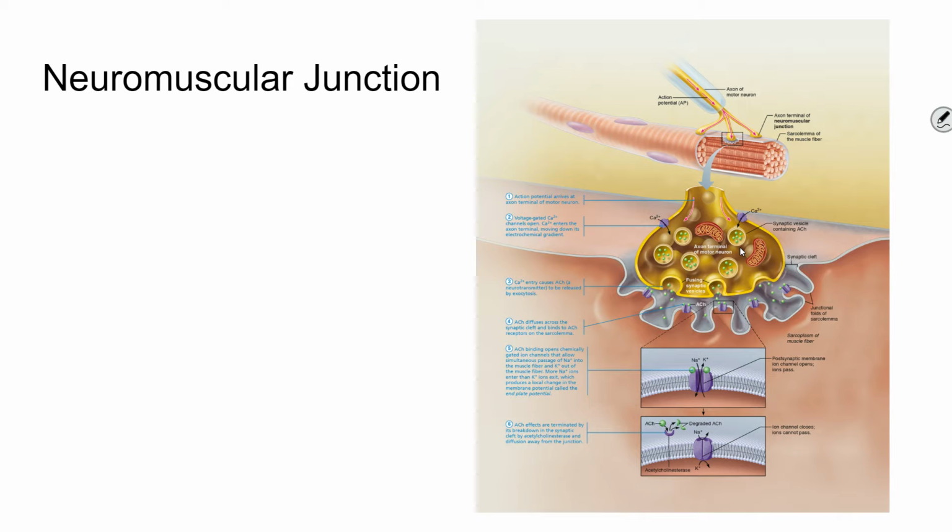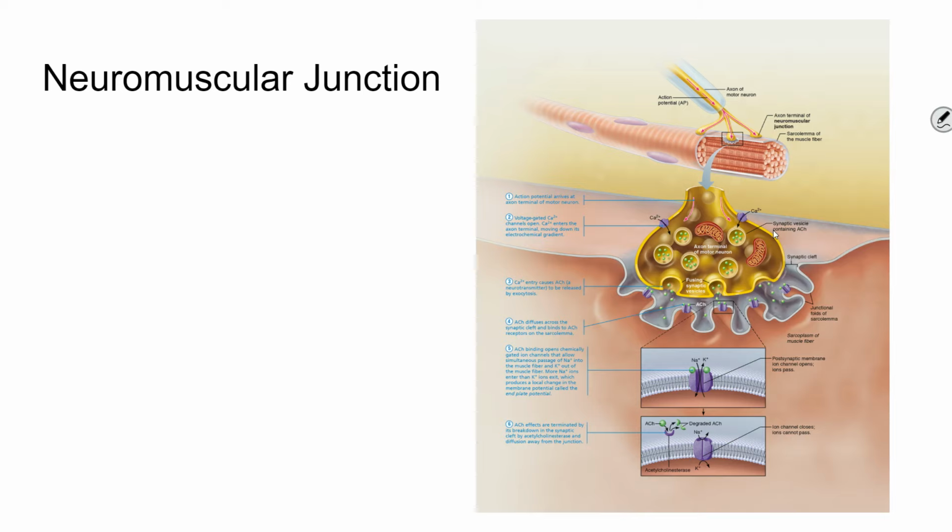If you look at that word, neuromuscular, it has to do with nerves and muscles. This is where the nerve and the muscle fiber meet. Every muscle fiber is innervated, and so this is happening at each muscle fiber to cause this kind of reaction. And so the first thing that happens is the action potential, which is basically the nerve impulse, arrives at the axon terminal, which is right here at the very end of the nerve cell. And that causes a release of this neurotransmitter called acetylcholine. You see it written here, ACh, which is fine with me to abbreviate it that way,